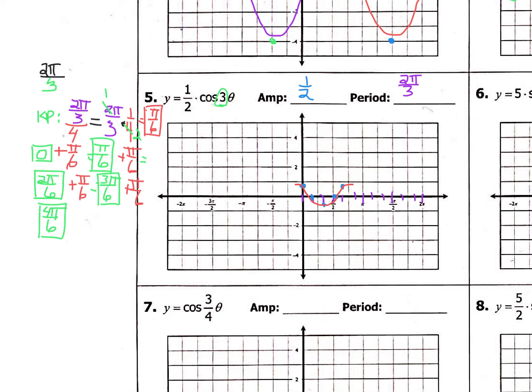Same thing on the left side. This is a whole pi, cut it in half, and then I'm going to cut it into 3 pieces. Whole pi, cut it in half, and into 3 pieces. All right, so if I went up 1/2, I'm back to 0, down 1/2, 0, up 1/2, 0, down 1/2, 0, up 1/2. So then that